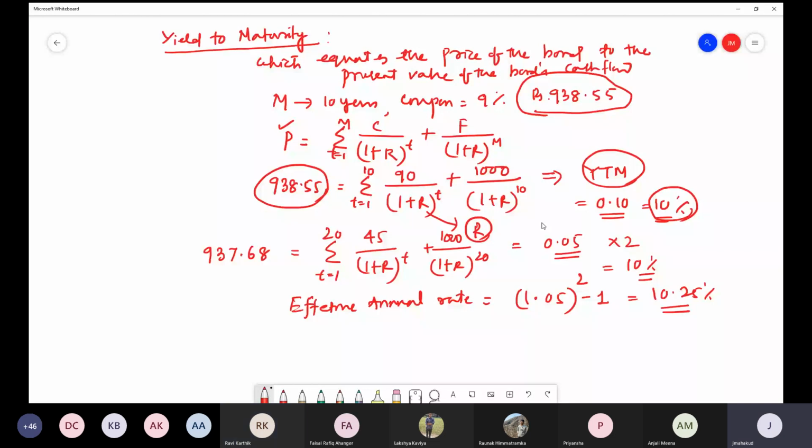But let your cash flows not be constant. Assume your cash flows are not constant. Because of certain kinds of reasons, this coupon is changing, or maybe some other external factors, your cash flows are not constant in that way. So is it possible to calculate this YTM perfectly? No, sir, in that case it will be hard. It will not be possible. So in that case, we go for a trial and error method, to find which R exactly equalizes the present value of these particular cash flows.